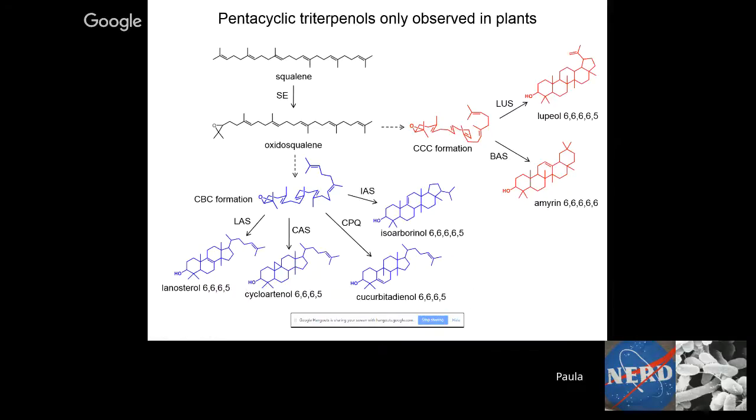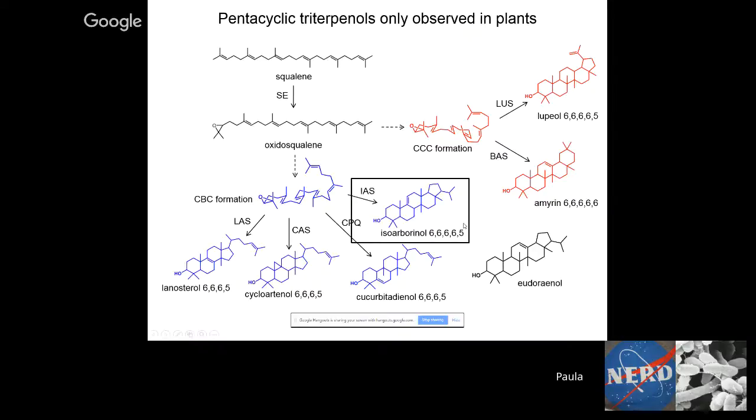Most of these are actually found in plants. So this is what plants tend to produce. In addition to producing these tetracyclic molecules, plants produce molecules like isoarborinol and things like amyrin and lupeol. They have a whole bunch of functions for these molecules. A lot of them are important in defense. For a lot of them, they don't know what the function is. But these are also preserved in the rock record. You can find these structures, and they're used as plant biomarkers, or as indicators of terrestrial input into aquatic environments, particularly isoarborinol.